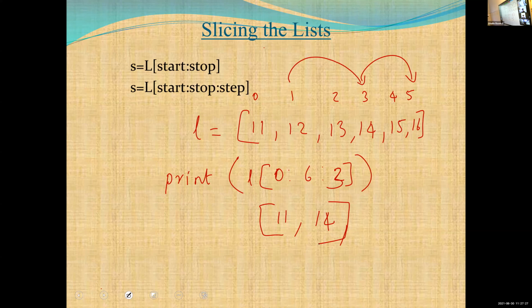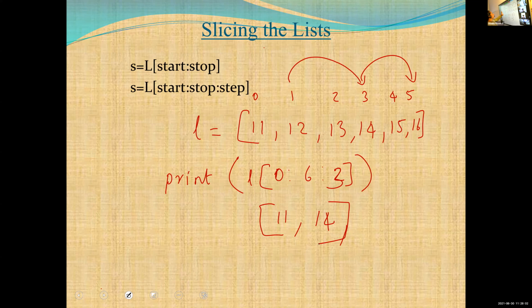Yes, ma'am. Okay. So in the slicing method, slicing the list, we are using two statements. The first one includes two arguments, that is start value and stop value. Here the incrementation value is 1, the normal incrementation value. By default the step value is 1, that's why we are not writing the step value here. So L of start colon stop, where start is the start value and stop is the stop index value.